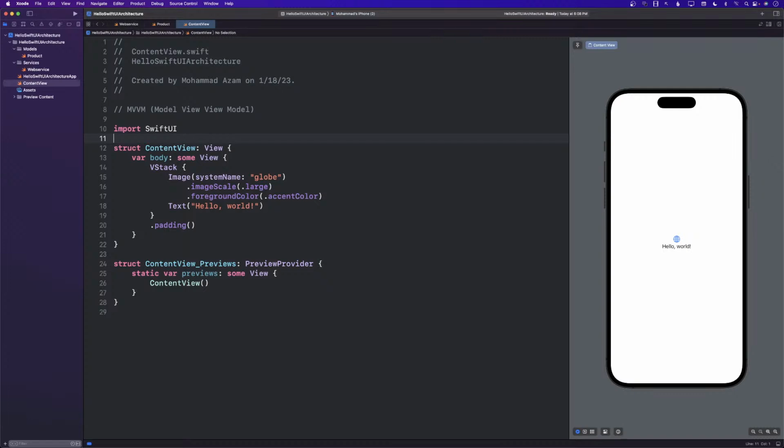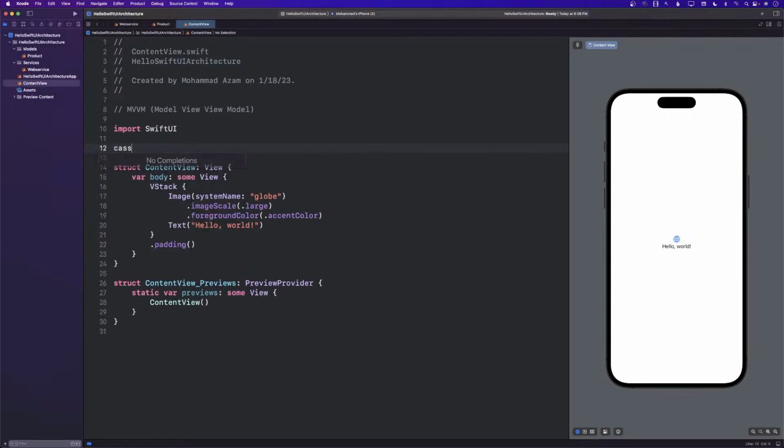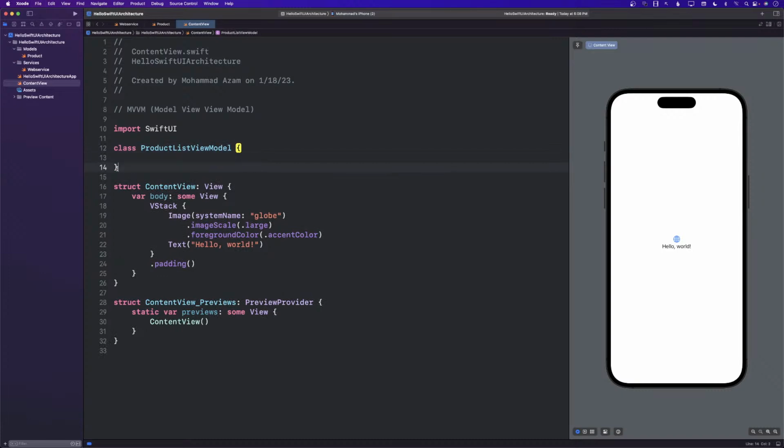So let me go ahead and create a view model. Now, what should we call that view model? Well, you can call it anything you want, but I'm just going to call it ProductListViewModel. And I'm creating it in one file so that we can easily share it, but obviously you should create it in a different file, not in the same file.